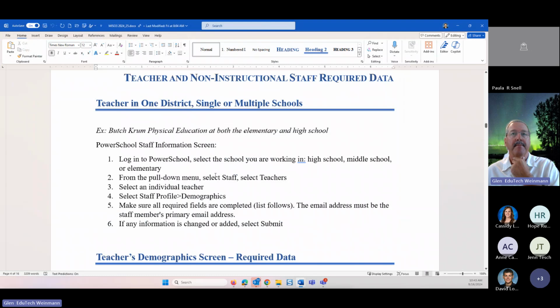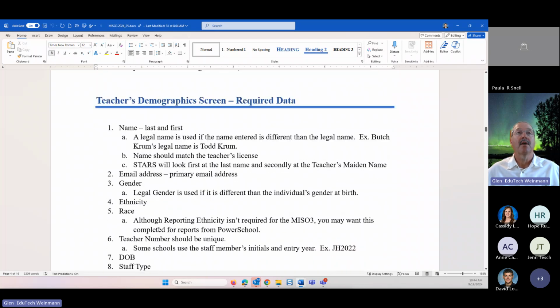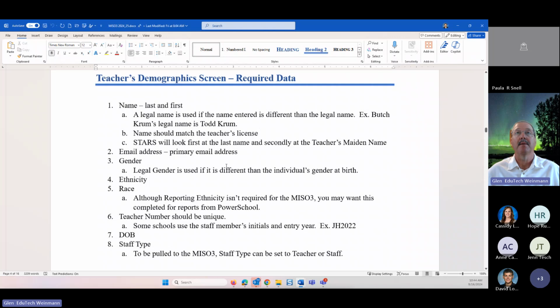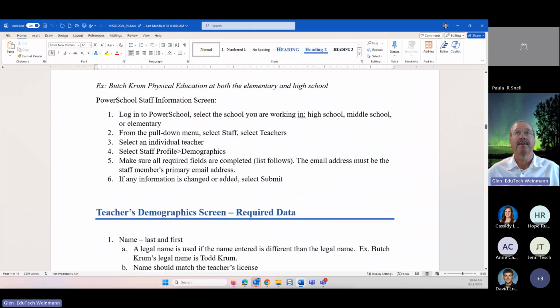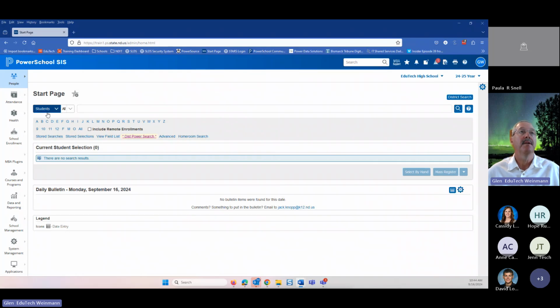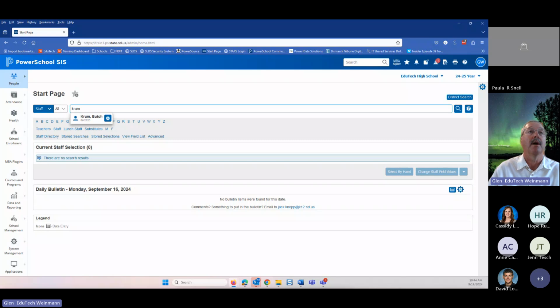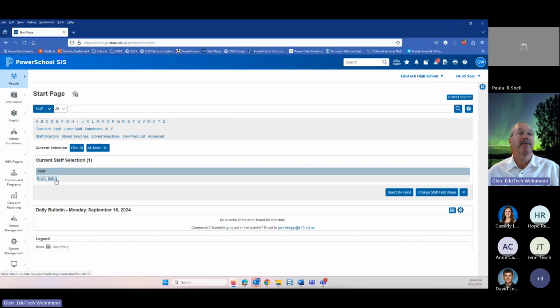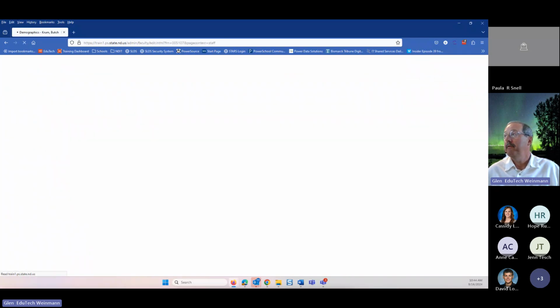You're going to go to that staff member, select the teachers, select that individual teacher, and there's really 2 areas we want to work in. The staff profile page under demographics, and then the compliance page, okay? So in our example here with Butch Crum, so now I'm on page 4 of the doc, right? I'm going to work in this area. I'm going to slide this off the screen here, and I'm going to my staff, and I'm going to look for Butch Crum. There he is. I'm going to bring up Butch, and